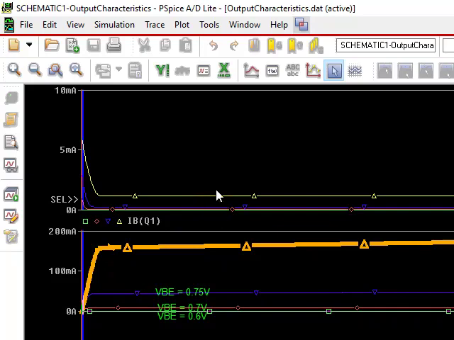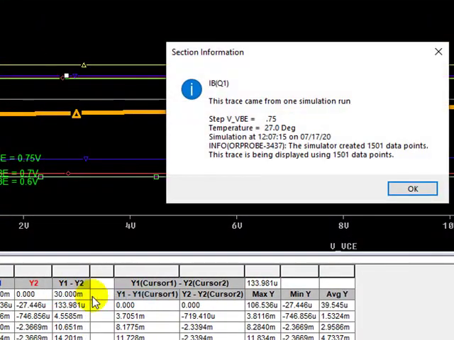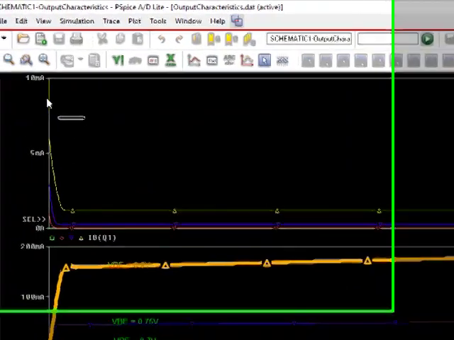So in this base current curve also, you'll have to find out which particular trace is for VBE is equal to 0.75 volt. It is most likely this is also blue in color, so I'll check the trace information. Yes, this is for VBE is equal to 0.75 volt. I'll switch on the cursor.